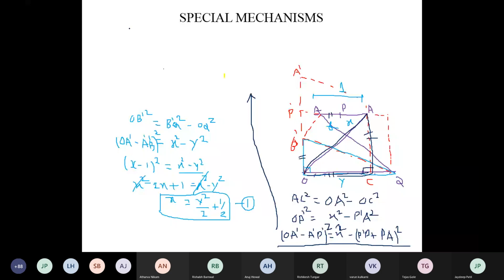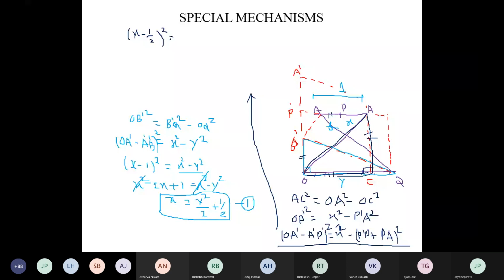OA dash is x minus A dash P dash. Who will tell me A dash P dash? P is the midpoint of AB. Since AB is 1, it means 1/2. Correct? 1/2. The bracket square is equal to x square minus